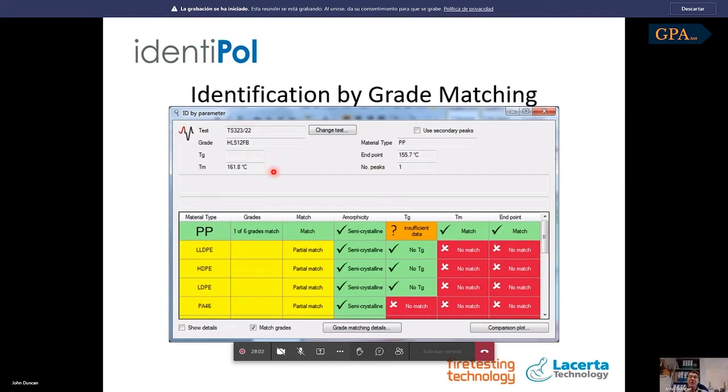Once we've actually set up reference sets for the grades of material that we're using in the factory, we can ask the identiPol, can you match the result we've just measured to one of the existing grades that we have in our database? And so here, it's actually found that it's polypropylene again, but we've told it to match the